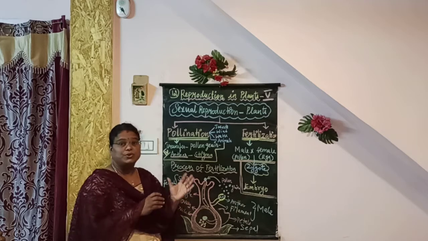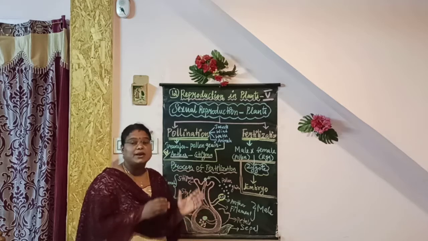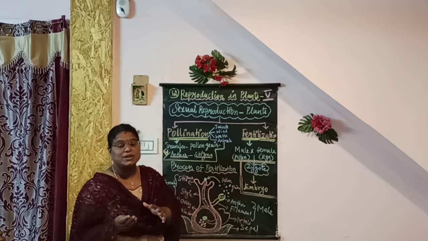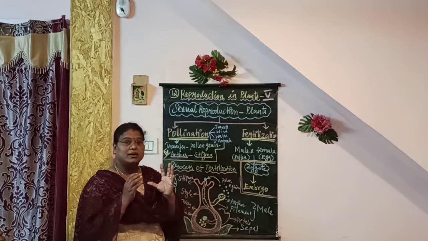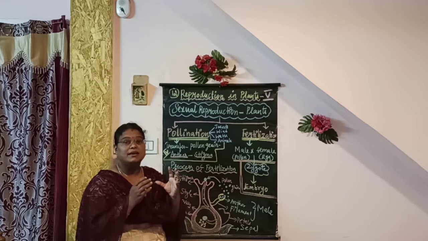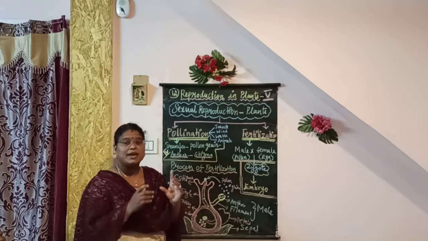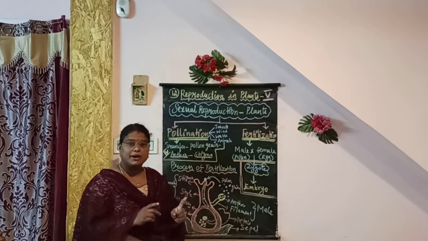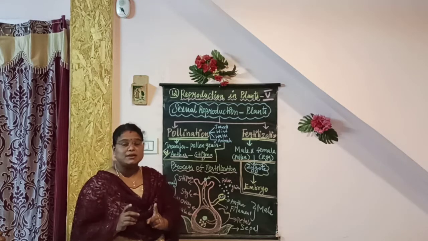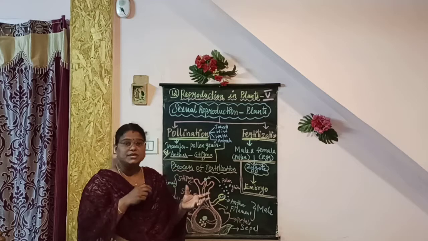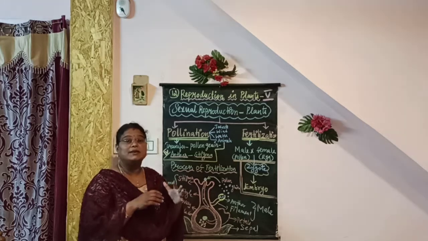I told you that through sexual reproduction, flowers are the reproductive part which have the ability to give rise to young ones by the fusion of male and female gametes. The male and female parts are present in the flower, whether it is a unisexual flower or a bisexual flower. In a unisexual flower, only one reproductive part is present. In a bisexual flower, both reproductive parts are present. So through this, fusion takes place for sexual reproduction. So the flower plays an important role in